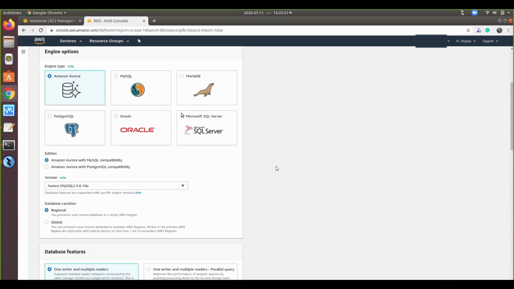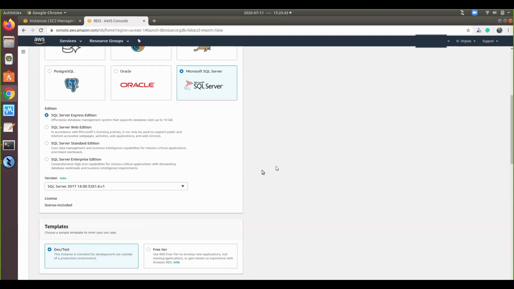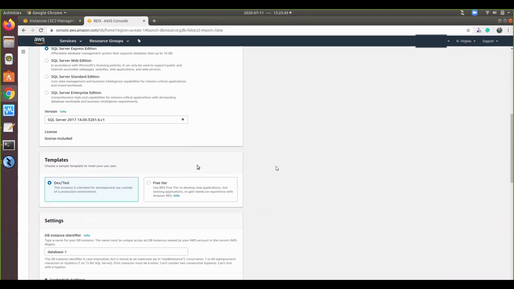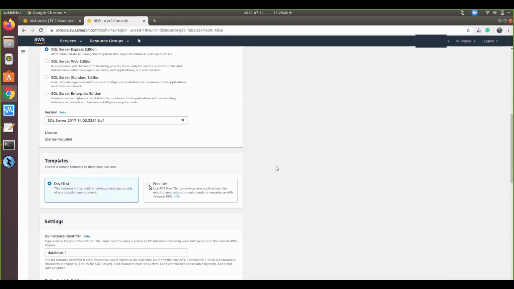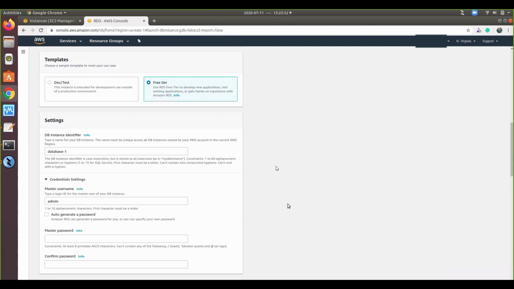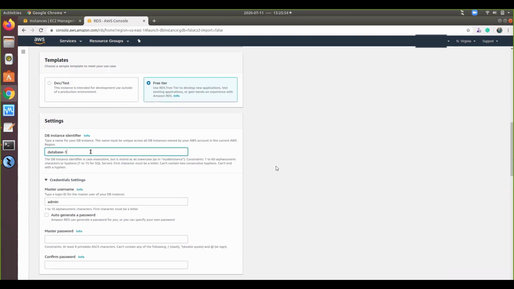And then as UiPath recommended, it is Microsoft SQL Server. So we'll be going with Express Edition and we'll be going with a free tier. Since it is only for a POC, I mean demo, we'll be going with a free tier. Again, just renaming the database instance with an easy name, UiPath database.